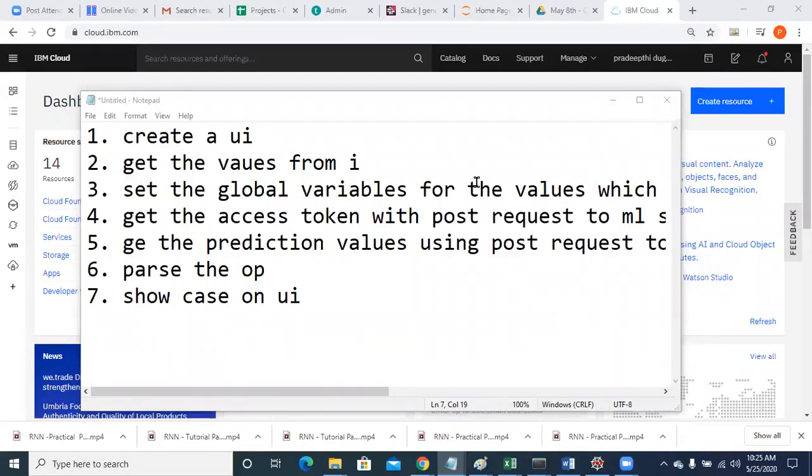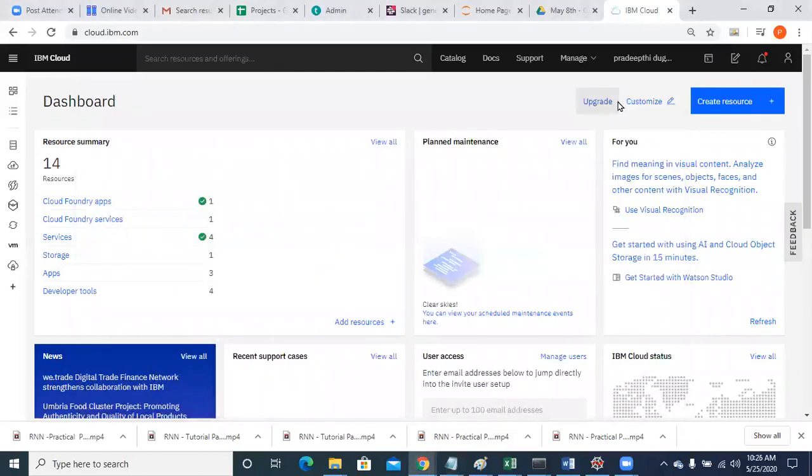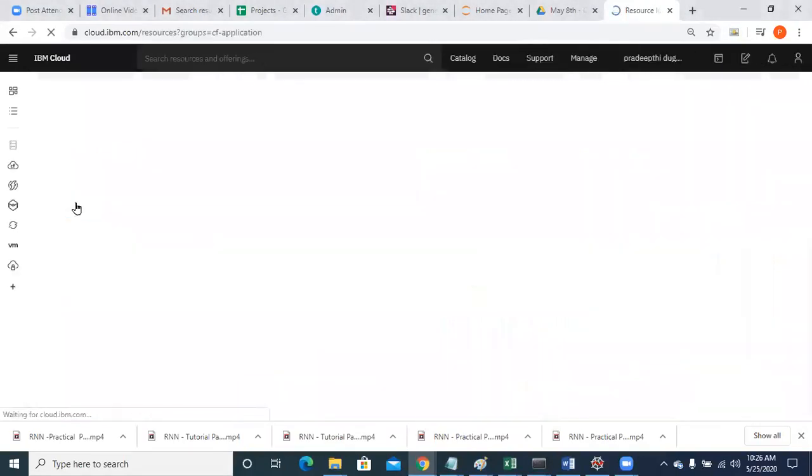Okay. So for the Flask application, we built a UI where you entered your administrative spend, marketing spend, etc. Here also you first have to create your Node-RED application. In order to do that, first go to your dashboard. Is everyone on their dashboard? Yes. Now let's click on Cloud Foundry apps.